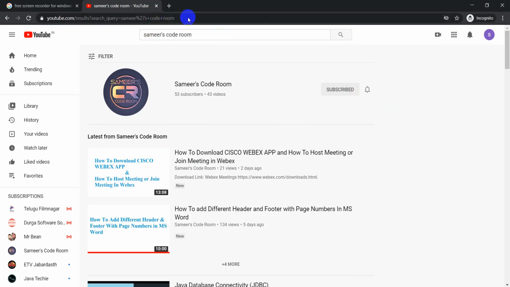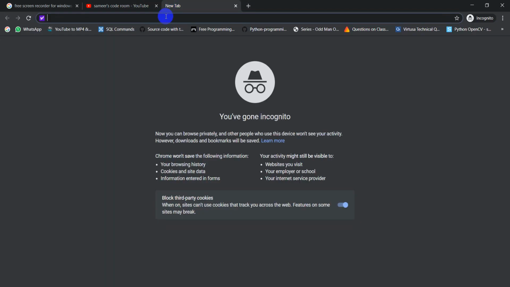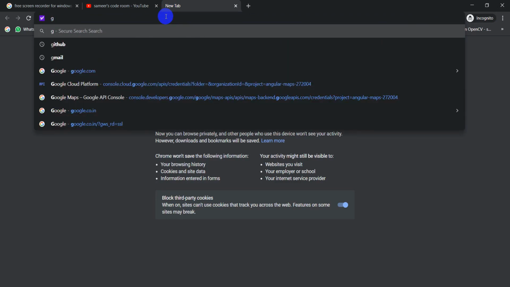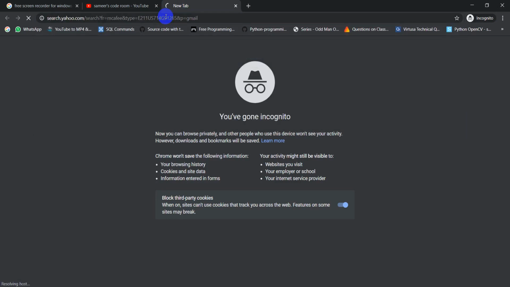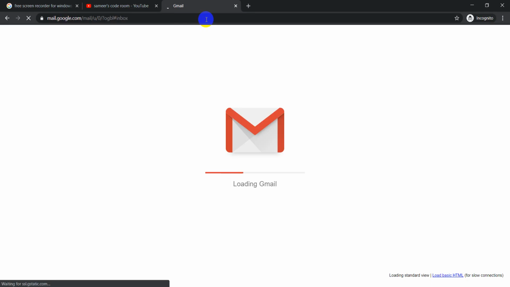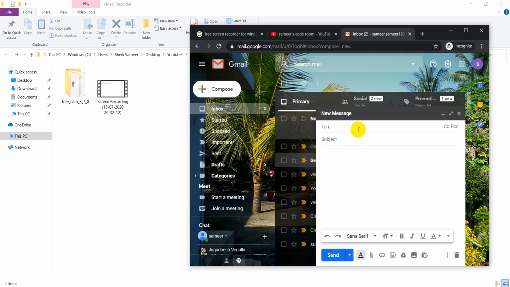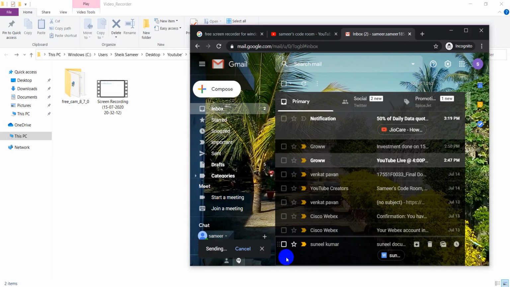Now go to Gmail. Compose an email. Address is imsforyou2020 and then the subject is get_free_cam_8, and click send with an empty body. Message has been sent.